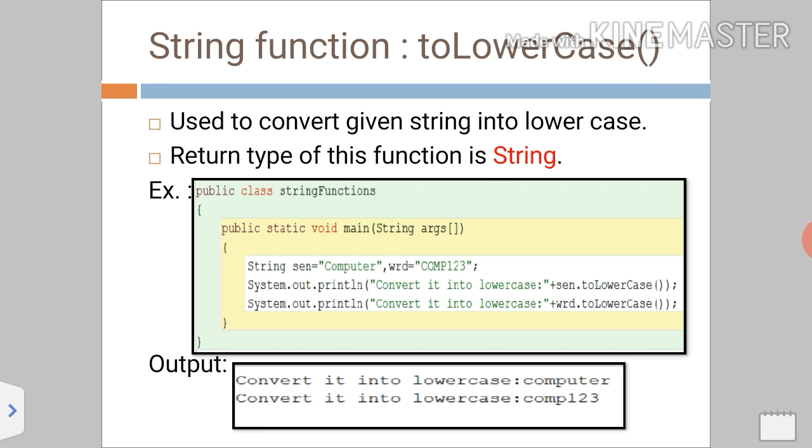And sen dot toLowerCase provides us everything in lowercase. Only C is capital, it converted into a small letter. Others were already small. And for wrd, COMP is in capital letters, that's why we are getting small letters. 1, 2, 3 don't have any small letters, that's why they remain the same.